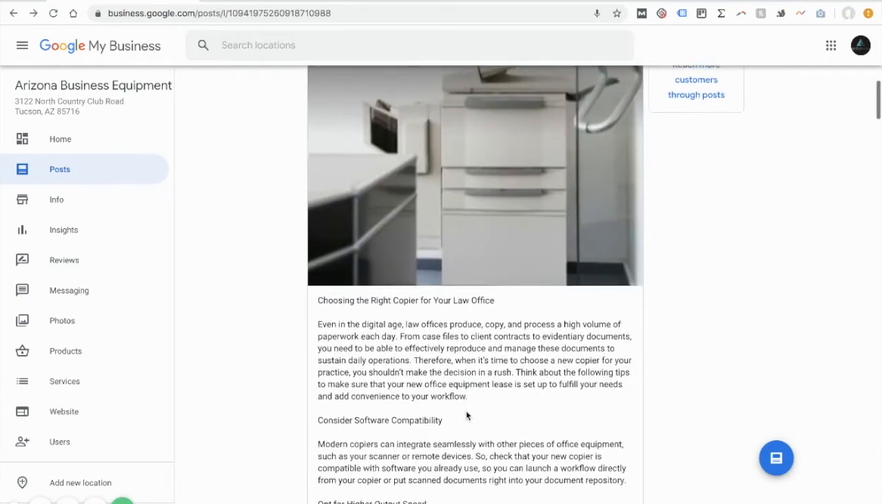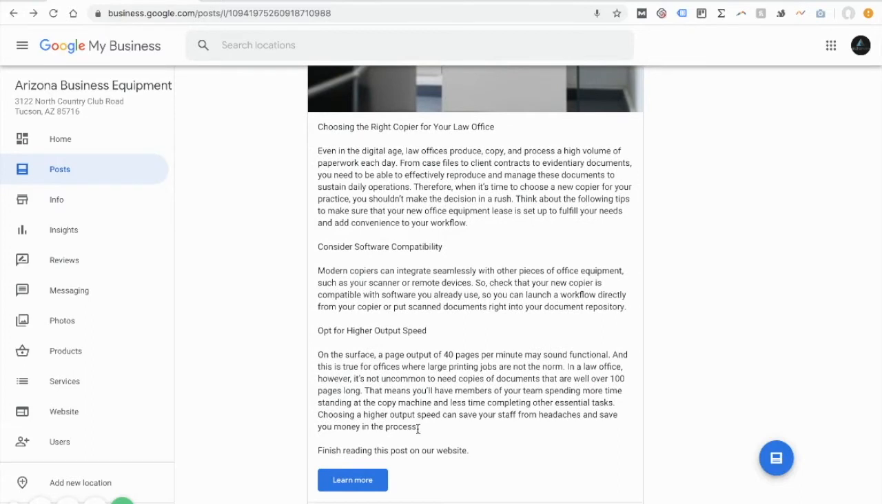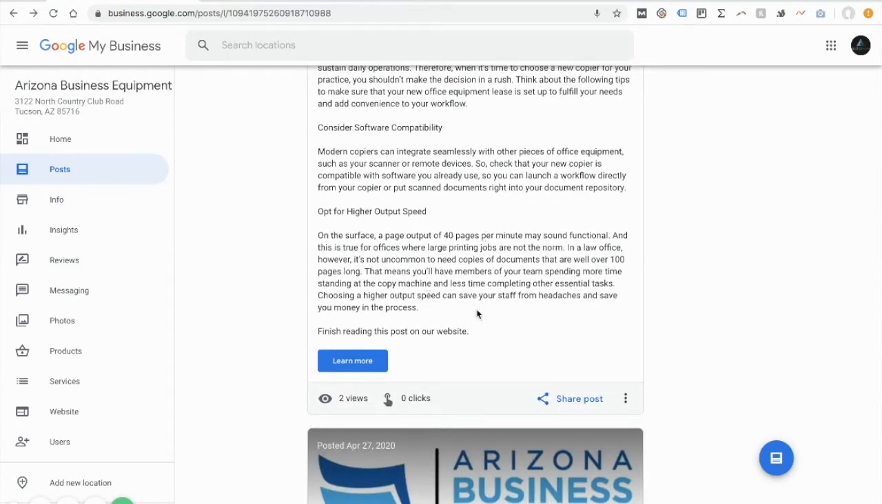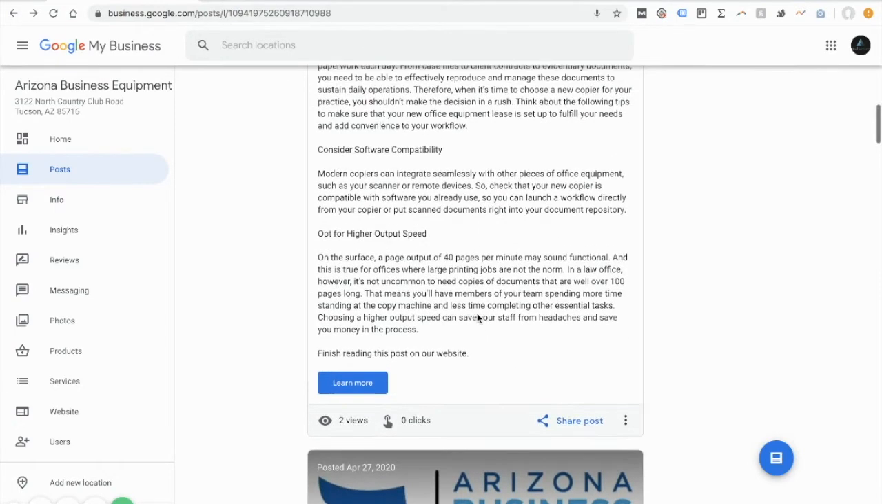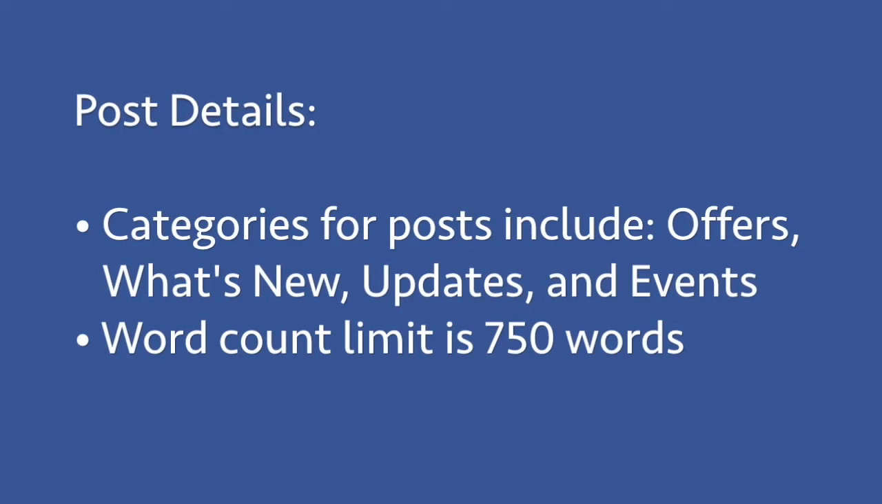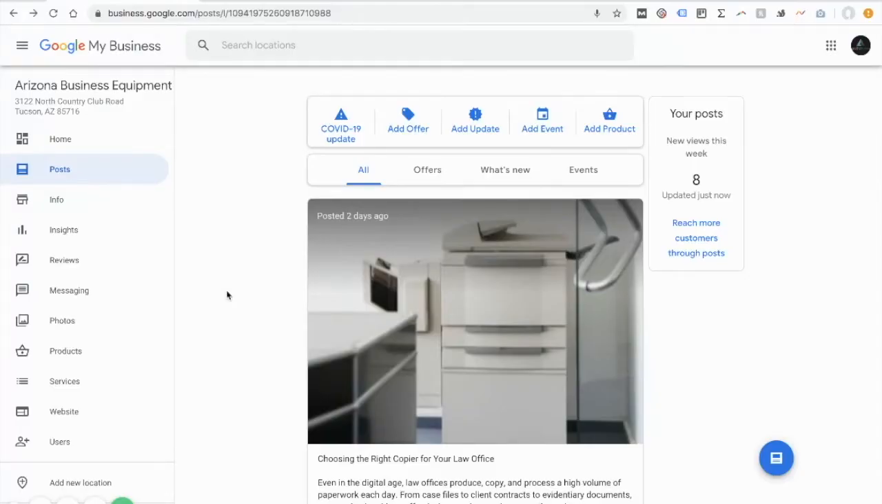As you can see here, there is a limitation on the amount of copy that you are able to write for each of these individual posts. If it goes longer than that, it's going to require you to go over to a website to learn more. And so you want to make sure that you are keeping your posts to a short and succinct length. Okay, so to add a new post, what you're going to want to do is click over here